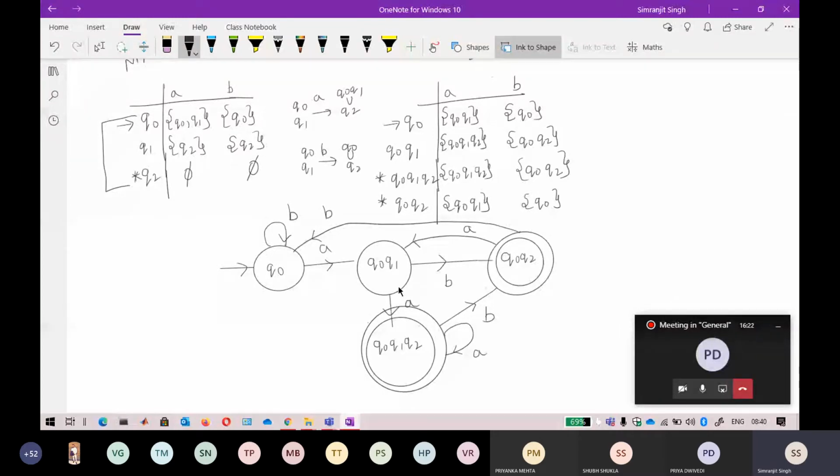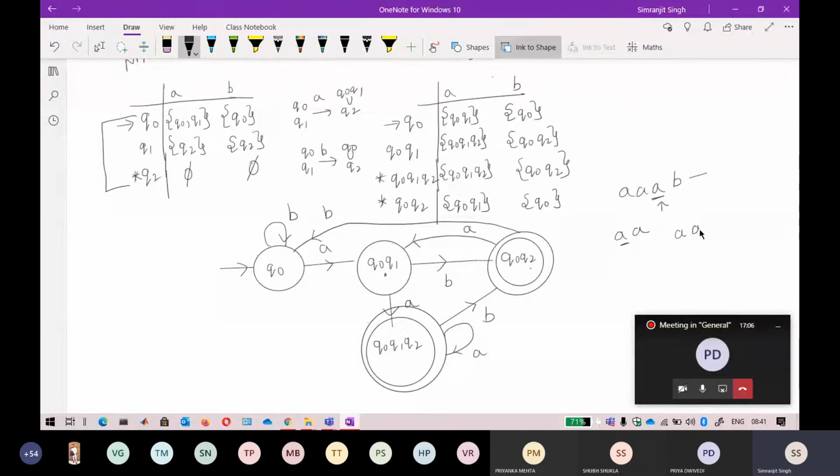If you clearly look at this, the condition is that the second symbol from the RHS of a string should be A. If I give a string like A B, the second symbol from RHS is A. It goes with A towards this state, then to the final state. After that another A, then it goes to B. So this string is accepted. Again, if you give A A, it is also accepted because the second symbol from RHS is A.